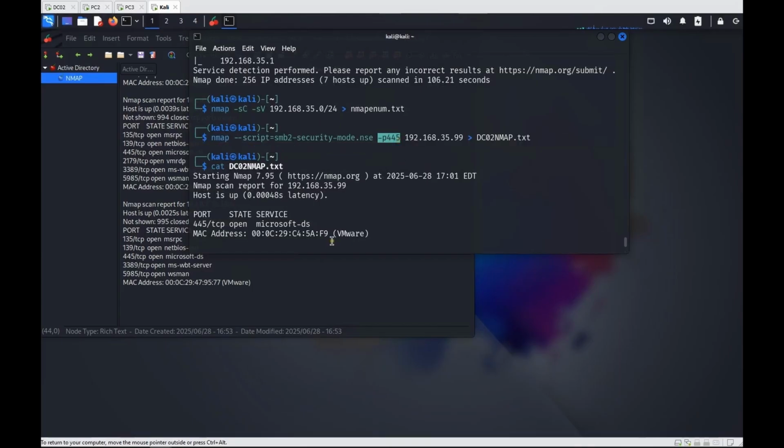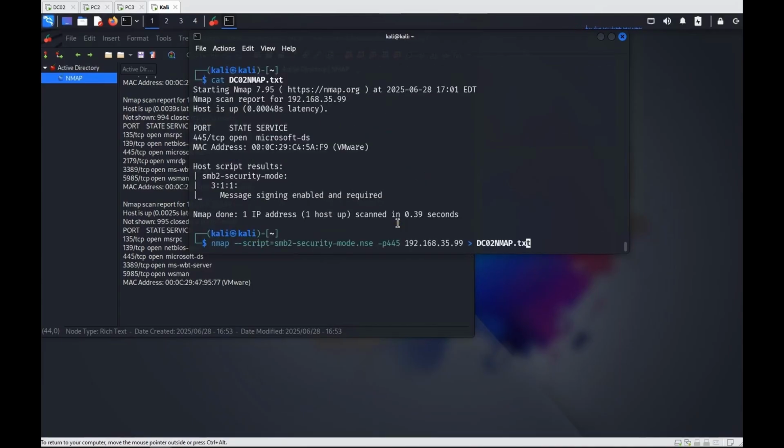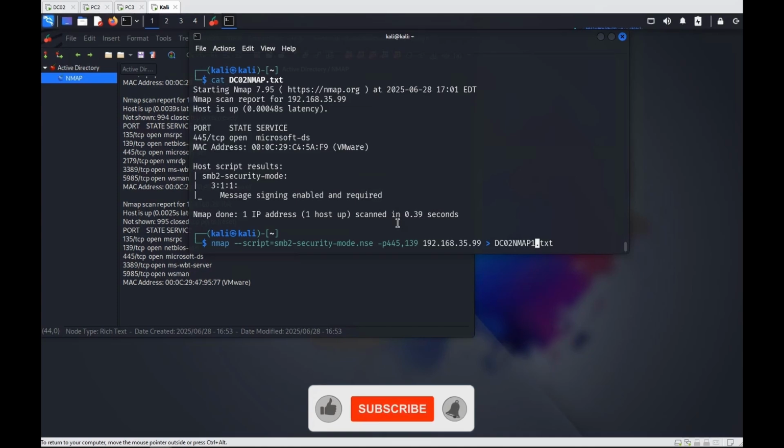If you want to include more, you can always put more, like let's say port 139, you can do that as well. You can do this and it will create this overlap, right? So you can use a new file, or it's up to you. The other one I want to show you is